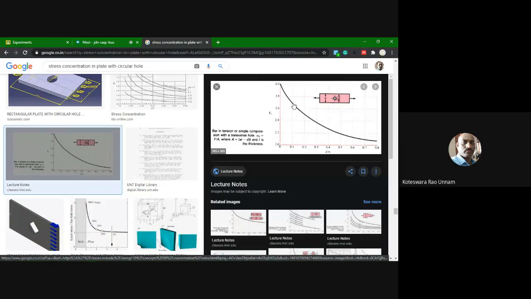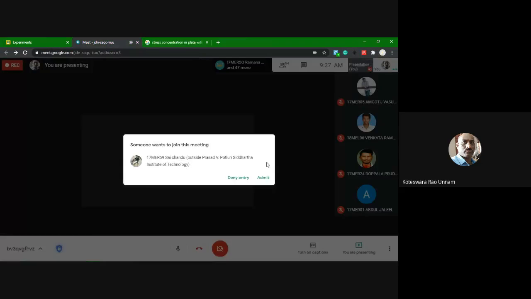For that case, you can take the stress concentration factor as close to 2.7. From this curve, for a d by W of 0.1, the stress concentration factor is 2.7. So you can take this as a reference and validate our simulation results, whatever we got, whether that is close to this 2.7 or not. For that, you need to compute the value of sigma naught. So sigma naught is going to be